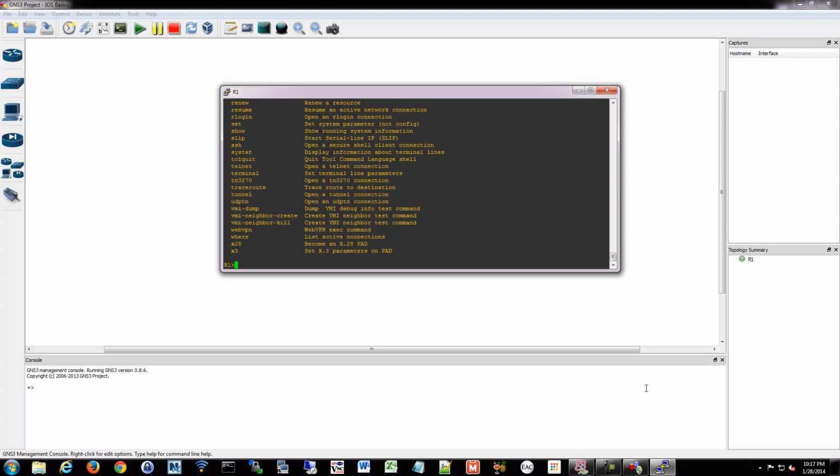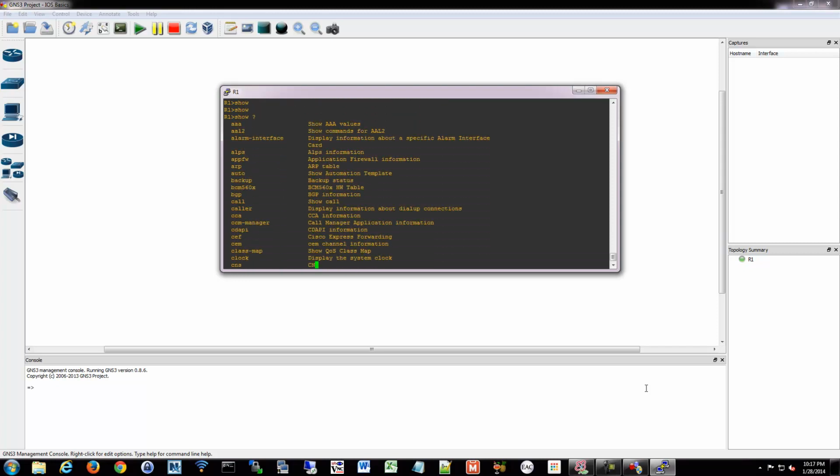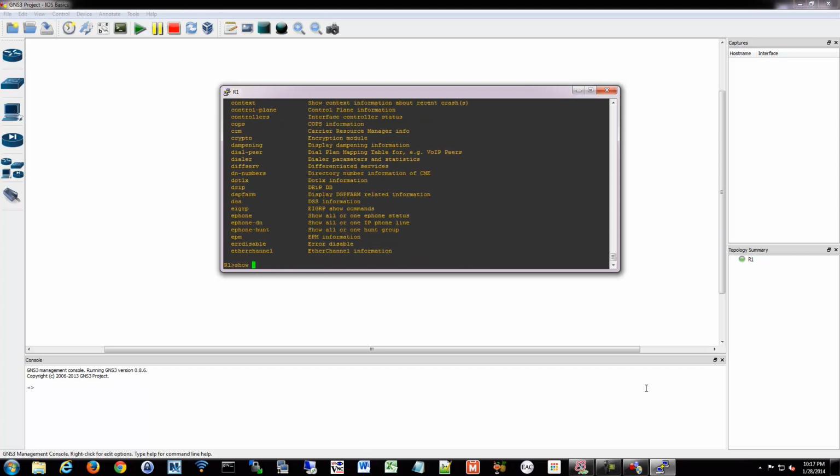So most of these are pretty harmless. You can't really change any settings on the system. You pretty much can just show a whole bunch of things, which is useful for basic diagnostics. But if you have a lower level tier 1 support person, you could give them user exec mode instead of privileged exec, and they could take a look and try and diagnose some things without actually breaking anything. If you want to go from user to privileged, it's basically the same idea, but you're going to type